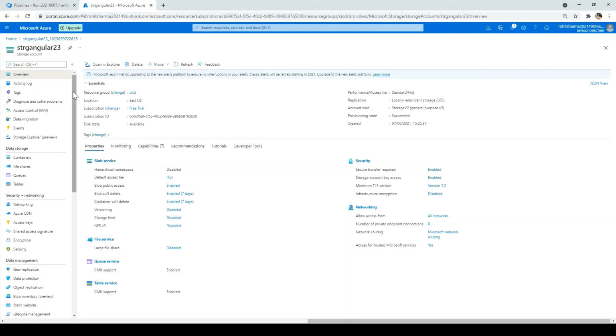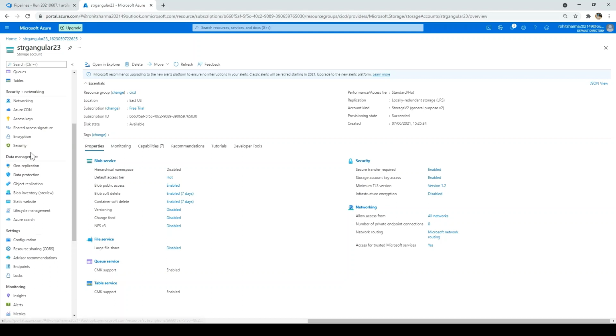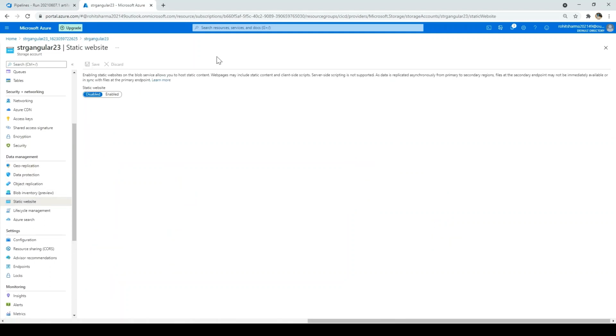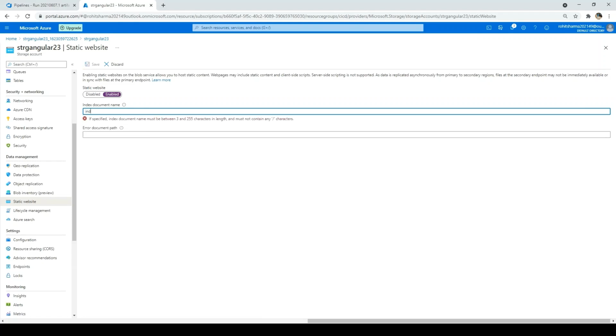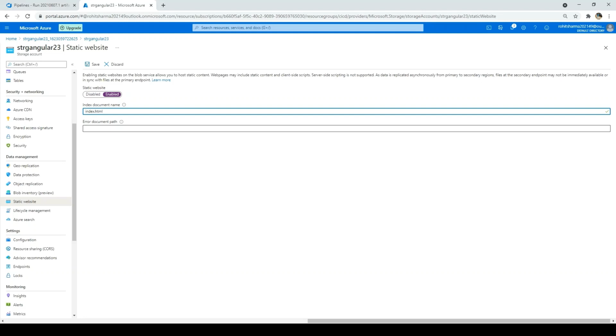and we need to enable the static website. You can find it out from the data management, and under the data management click on static website and just change it to enabled. Now you need to give the index document name. So for us it will be index.html, and error document path I'll keep it empty, and I'll click on save.